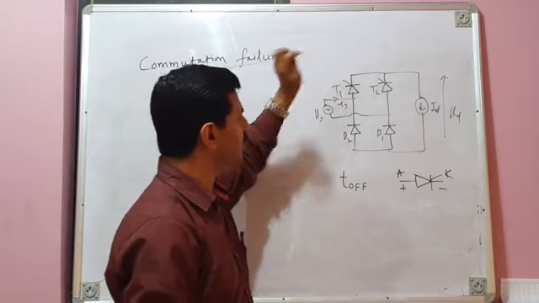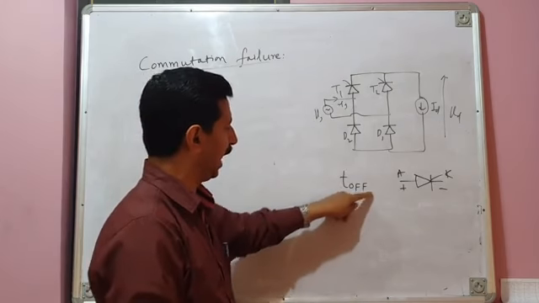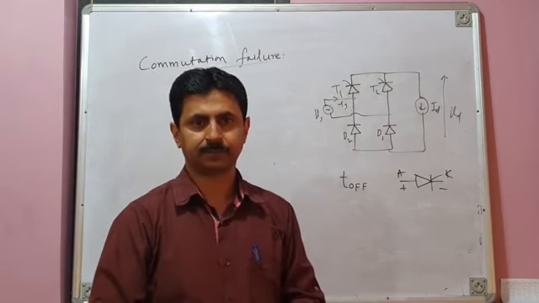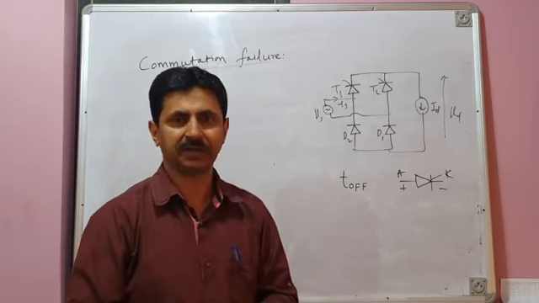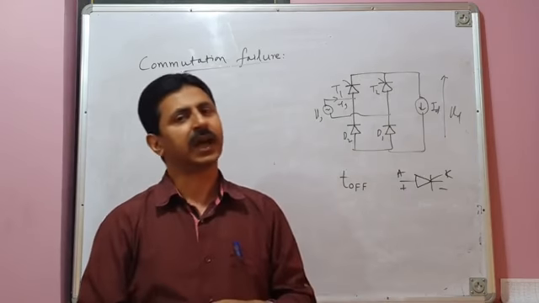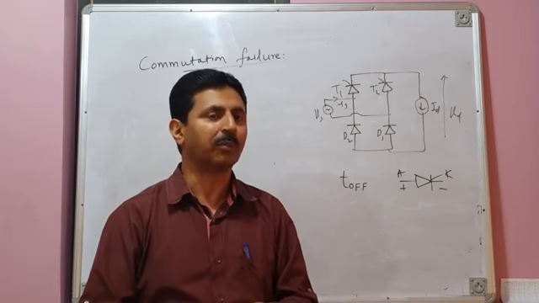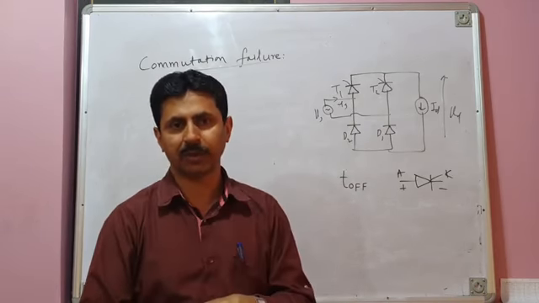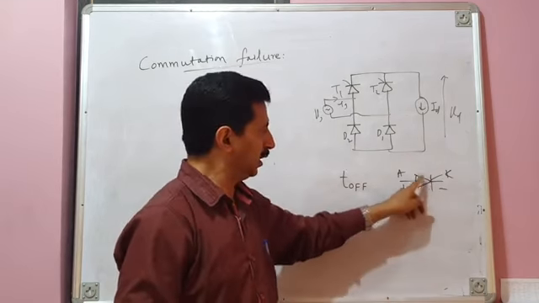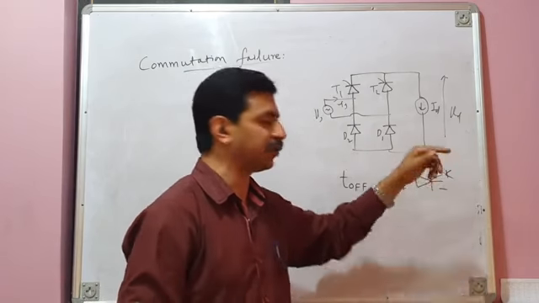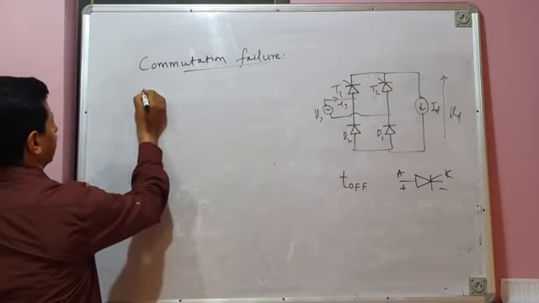Therefore, when a reverse bias is applied across a thyristor, it has to be applied for a period at least equal to its turn off period. If reverse bias is applied for a period less than the turn off period of the thyristor, then although current through the thyristor has become zero, it is not turned off and has not regained its forward voltage blocking capability. This means that when it is forward biased again, it will immediately go into conduction even without the application of a firing pulse. So we can use this concept in this converter circuit.